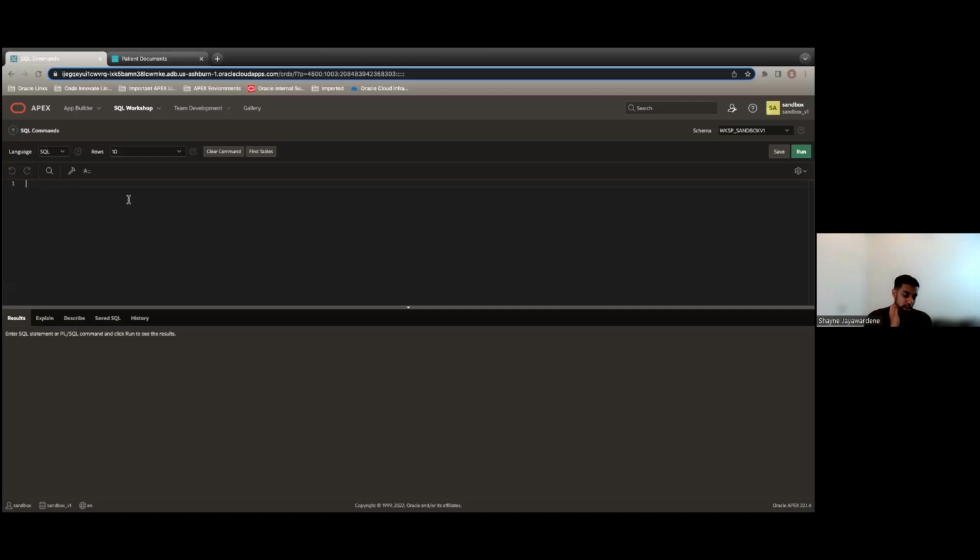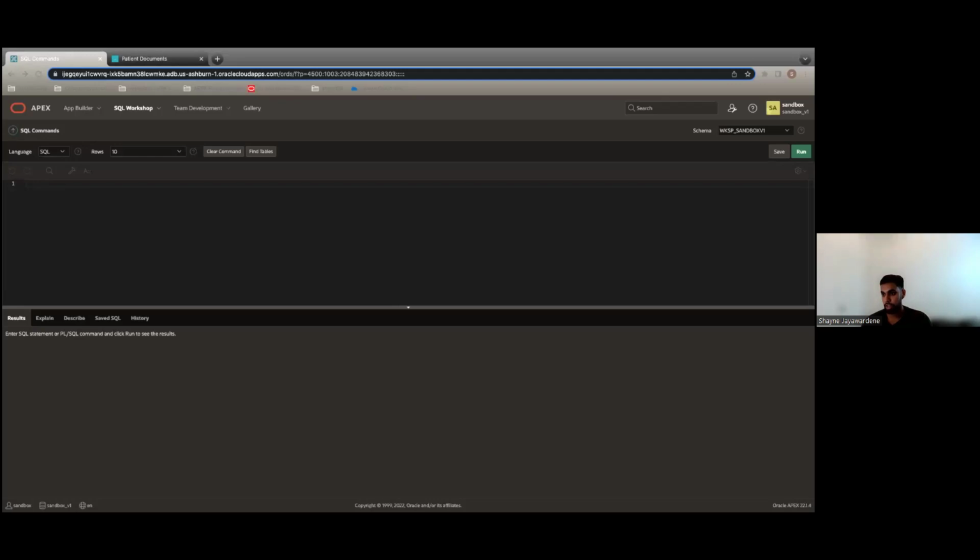So the first thing we need to do to employ Oracle Text is to actually create an index on our patient documents table where our blobs are stored. So if you didn't catch it, once we're uploading these PDF documents, they're being stored as a blob column inside of that patient documents table. That blob column name is called documents. So what we'll